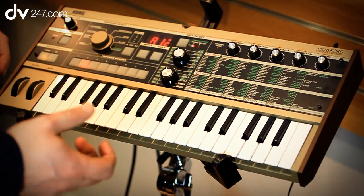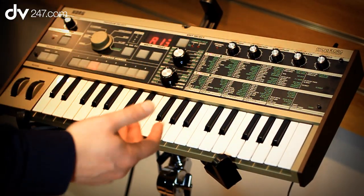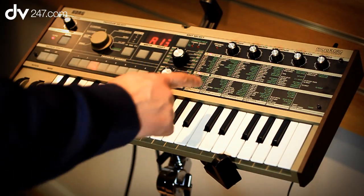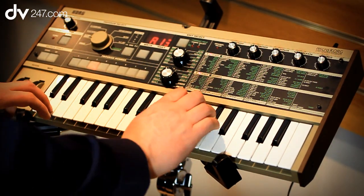It's also possible to edit these sounds in real time. So we have along the top here some real-time controllers. So for instance, we can change the filters, the attack and the release, or we can select any of these parameters via these control knobs here to manipulate the sound. So if we've got this nice pad sound, for example,